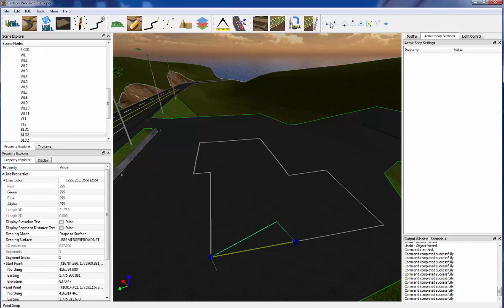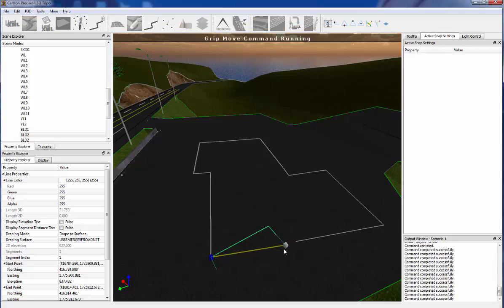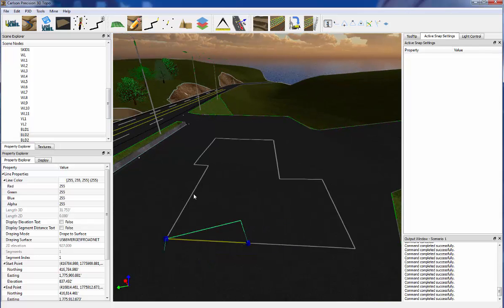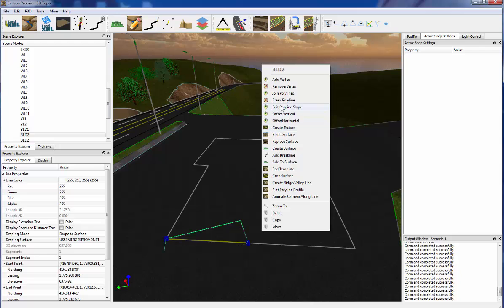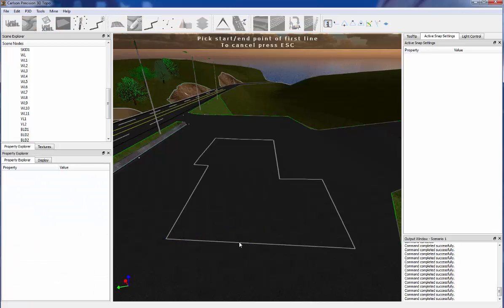Interesting thing about our snaps is that even though we have join polyline commands, if you grip edit a polyline and have the node snap enabled, it will attempt to close polylines. But in this case, I've broken the polyline in a way that now we need to use the join polylines command. So I'm going to pick this guy,